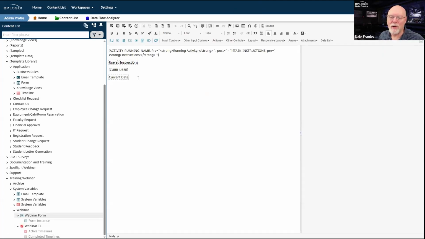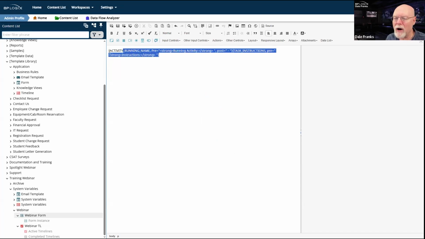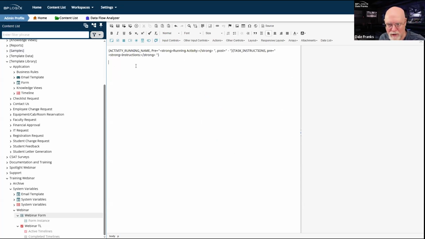I'm going to need to at least add one field to this form. So I'm going to get rid of all of that other system variable stuff. I'm going to keep these system variables here because, best practices and whatnot. Again, if it was me and I was building these system variables, I'd drop them into system variable controls. I wouldn't drop them in the way that I've done it here. I wouldn't do it in text because I just think it's ugly.